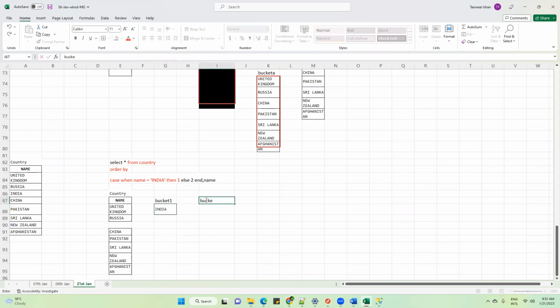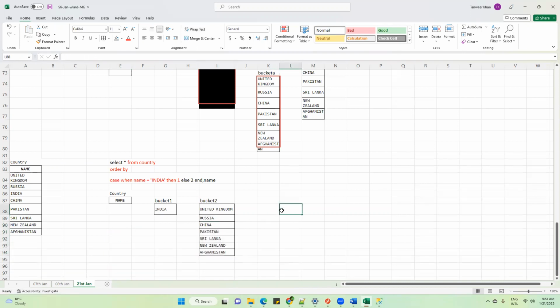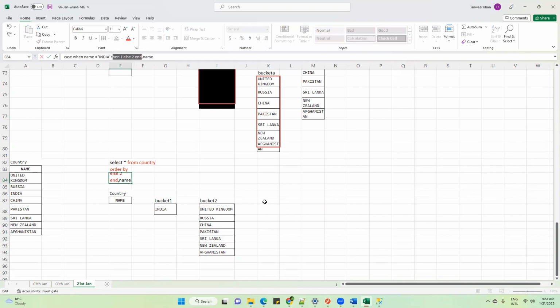Then in bucket number 2, you have all the remaining countries, else 2. So far it is clear to everyone, right? We have discussed this a number of times today.